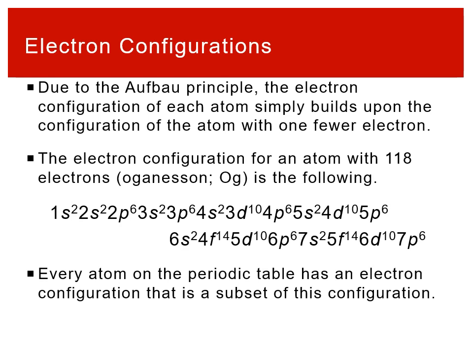So the bottom of the periodic table and the bottom right is oganesson. That's number 118, 118 electrons. If you put all of those electrons into the orbitals, you would get the following electron configuration. Now, this is really long. You can see this is starting to become a bit of a pain. But importantly, this 118